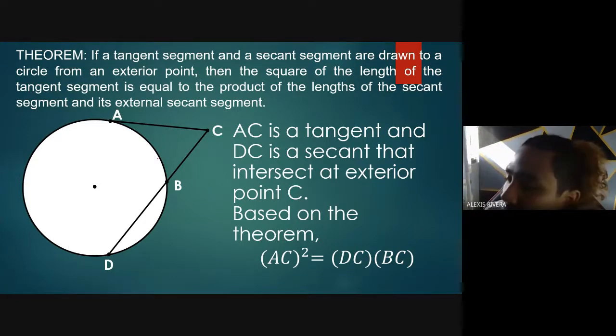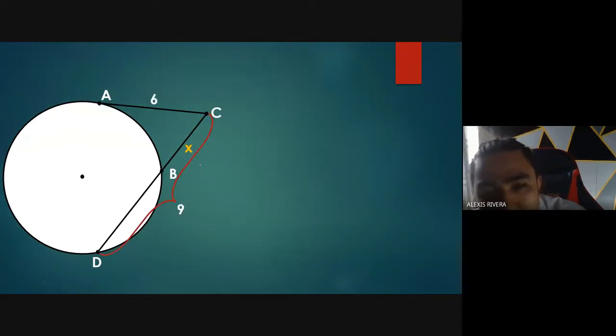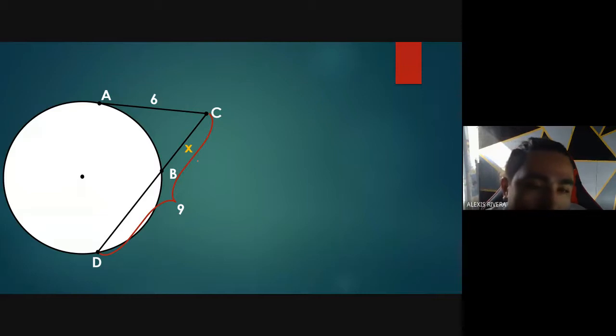So katulad nung kanina, dito naman, dahil mag-isa na lang yung AC, i-square natin siya, yung tangent, equal pa rin siya sa buo times nasa labas. Ganun pa din. So, square kapag tangent, and then yung kabila, yung secant, is buo times labas pa din. Okay? So, let us try. We have here AC measuring 6 and DC measuring 9. The missing one